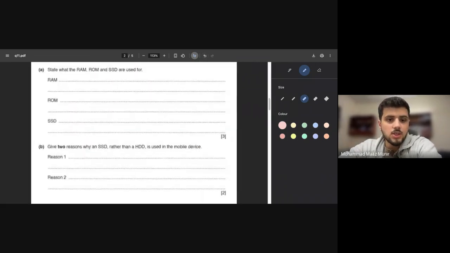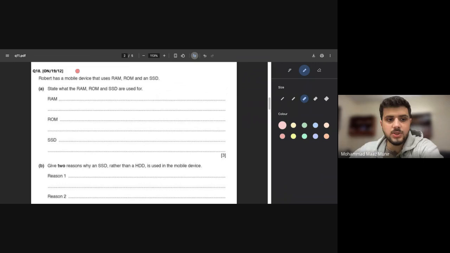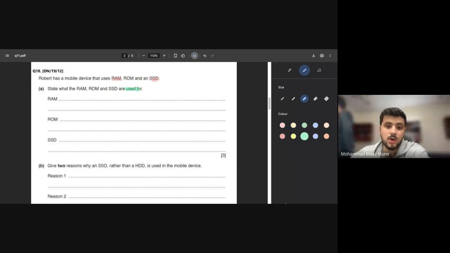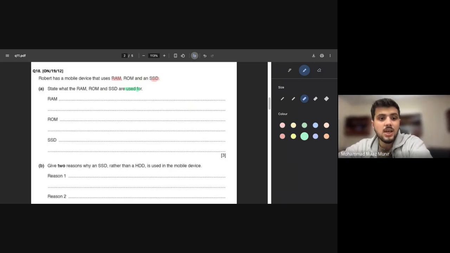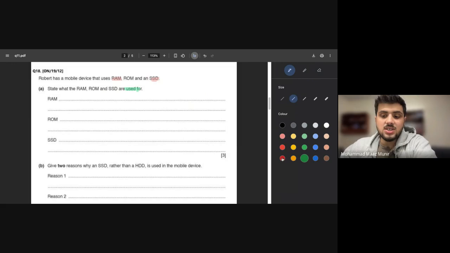Oh, the good one. So we do have a RAM question up here, which says that Robert has a mobile device that uses RAM, ROM, and an SSD. And so we need to basically explain what RAM, ROM, and SSD are used for. So you won't be getting marks by just explaining it. You need to basically explain it in a way कि आपने बताना कि वो use किस purpose के लिए हो रहा है. So we need to explain what is RAM used for, what is ROM used for, what is SSD used for. So RAM is basically used to store the instructions that are currently being in use, या currently being executed. तो हम ये कर लेंगे to store the instructions